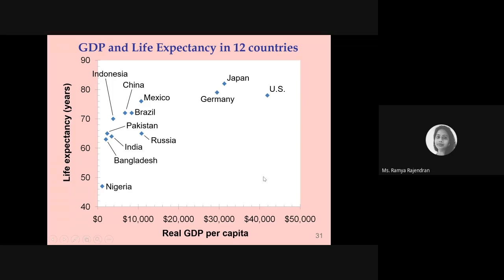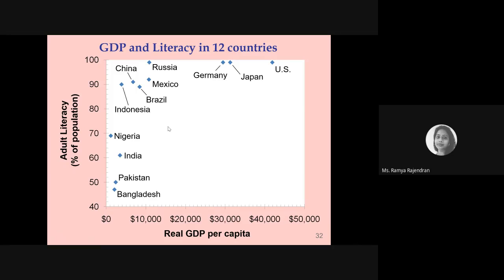So on the x-axis we have real GDP per capita and life expectancy on the y-axis, and the numbers for different economies, different countries, are plotted here. Nigeria has the lowest life expectancy, around 47 years, and its per capita GDP is low. And for the US, you see the number is a little higher. It was around 78 years, and their GDP is good. In Japan, GDP is good as well as the life expectancy. Okay,